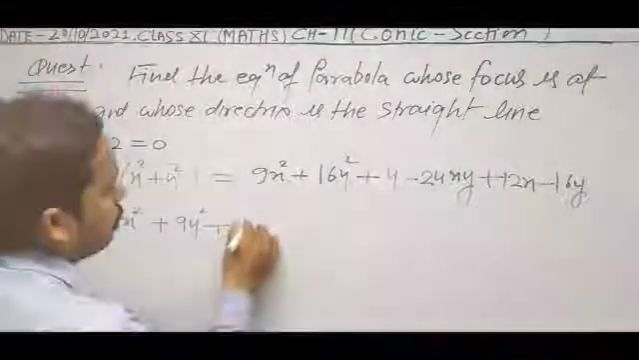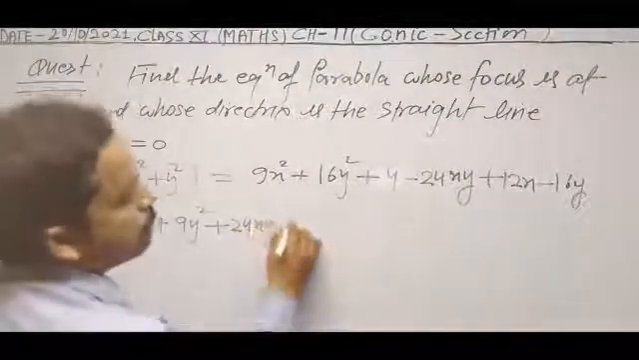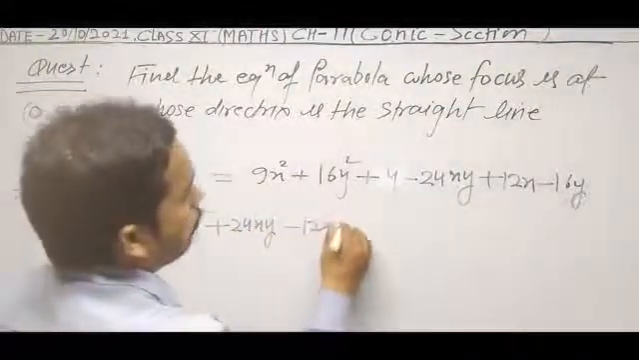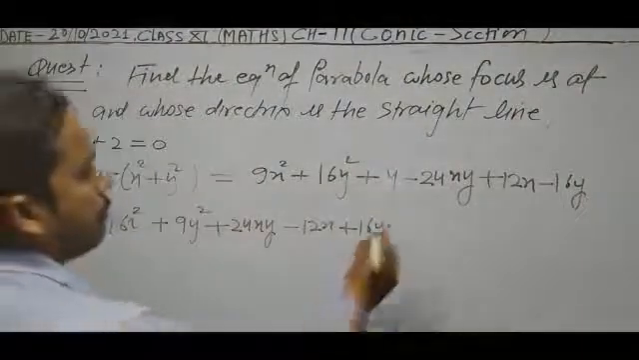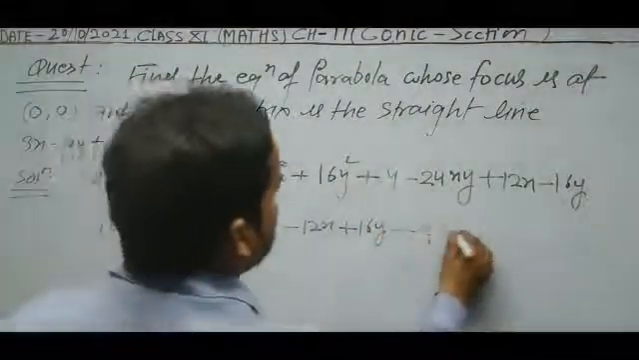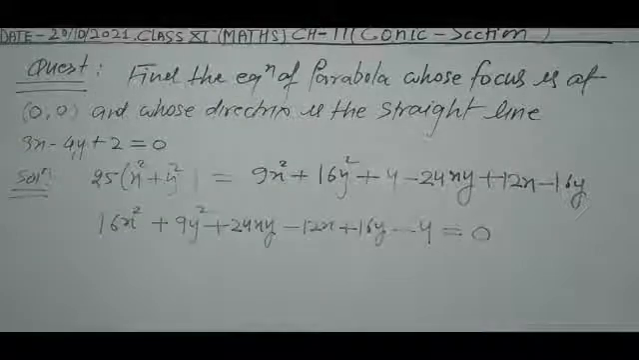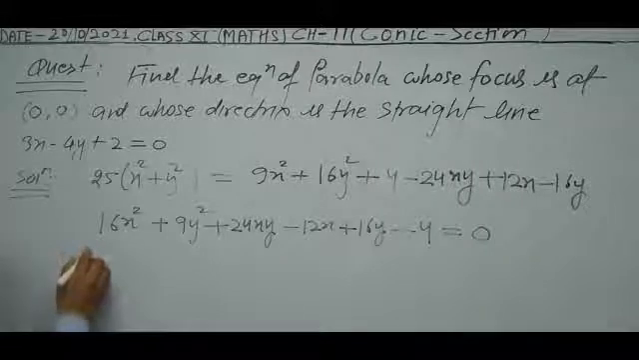plus 24xy minus 12x plus 16y minus 4 is equal to 0. This is our equation. See, 16x square plus 9y square plus 24xy minus 12x plus 16y minus 4 is equal to 0 is the required equation of